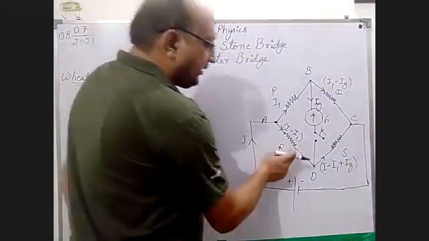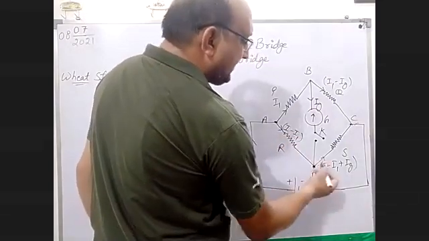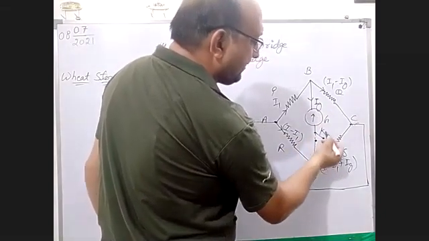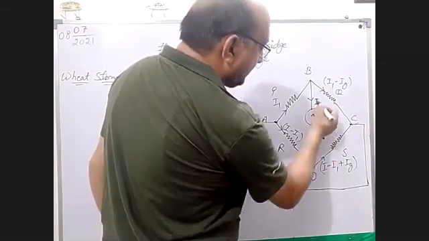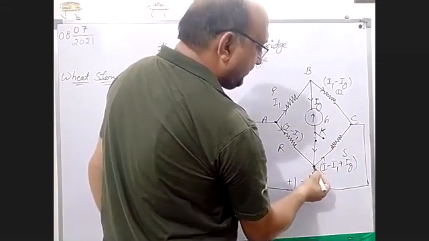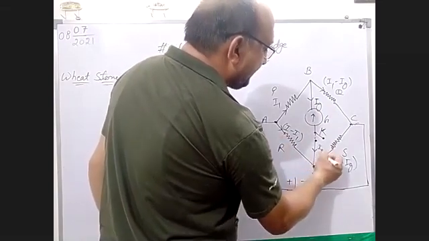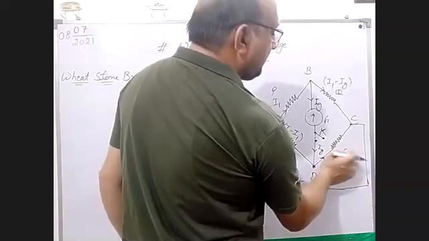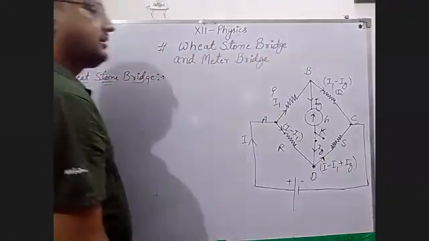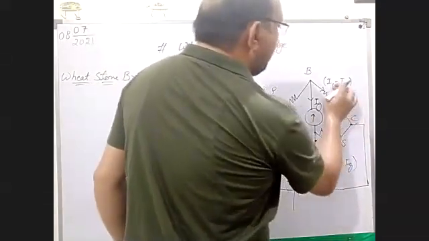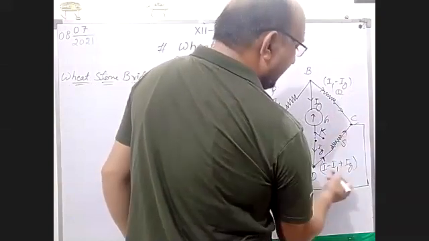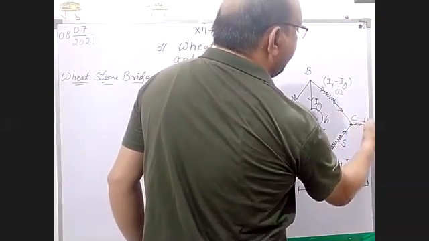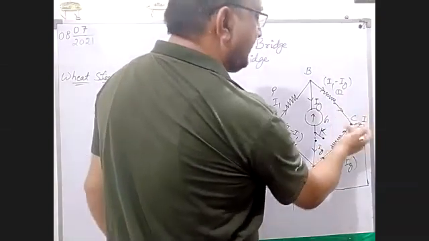Now similarly here this is I minus I1. At point D, this I minus I1 and Ig combined, and I minus I1 plus Ig will go through resistor S. In this way you can take the currents, and here I1 minus Ig and I minus I1 plus Ig again combine at this point, and again you get current I. Kirchhoff's first rule you can apply here.